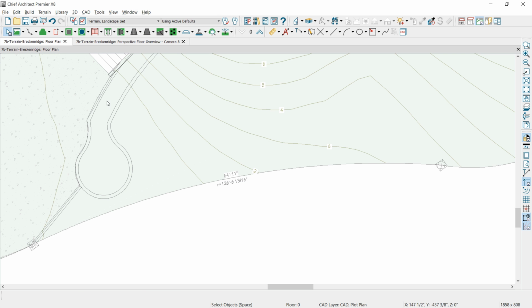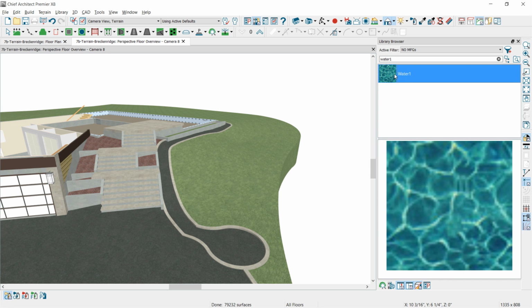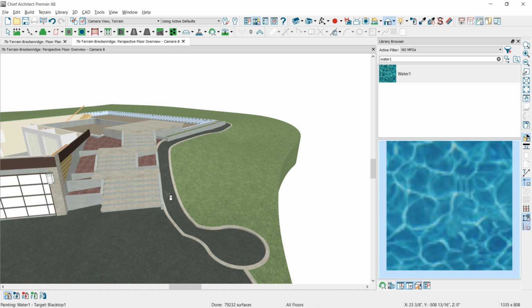and in the floor plan view that cleaned up pretty nicely. I had to twist that a little bit more, and then in the 3D view here, you can see that the road, soon to be pond, follows the terrain contour. In the library, let's search for water and find the appropriate water, and I'm just going to apply that